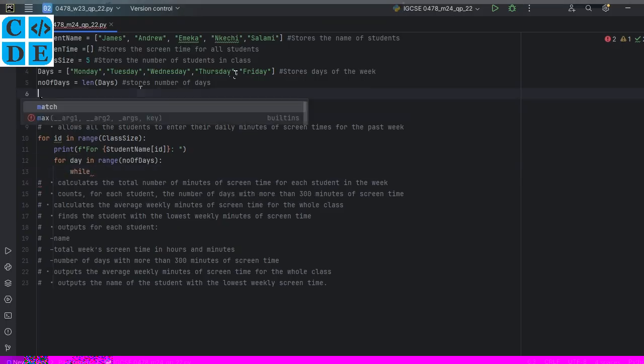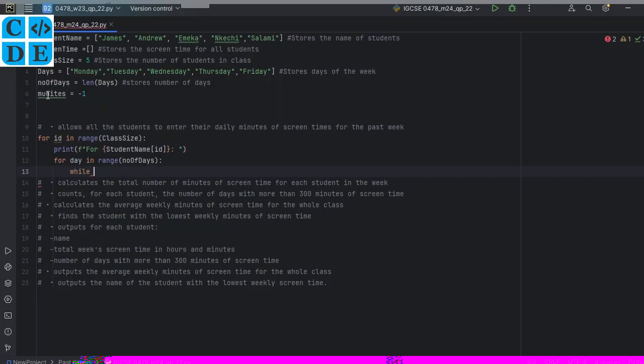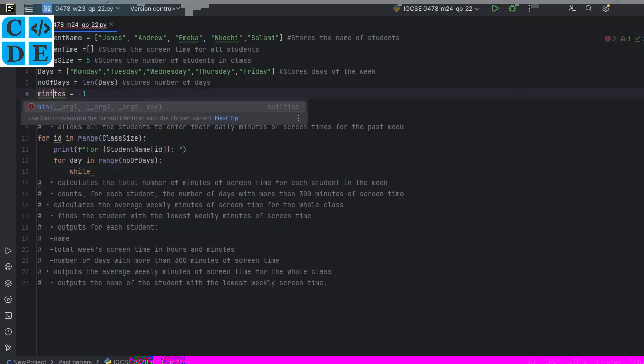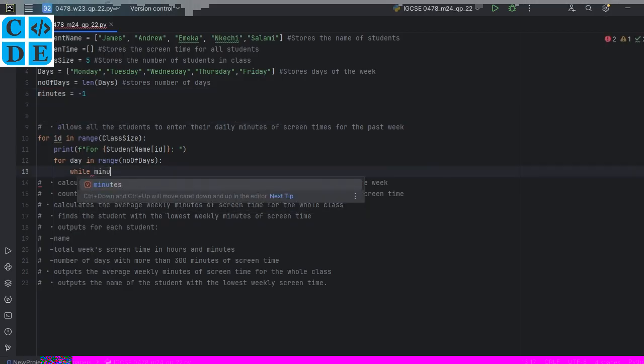Let's call it minutes, set to -1, and then while minutes is less than 0,